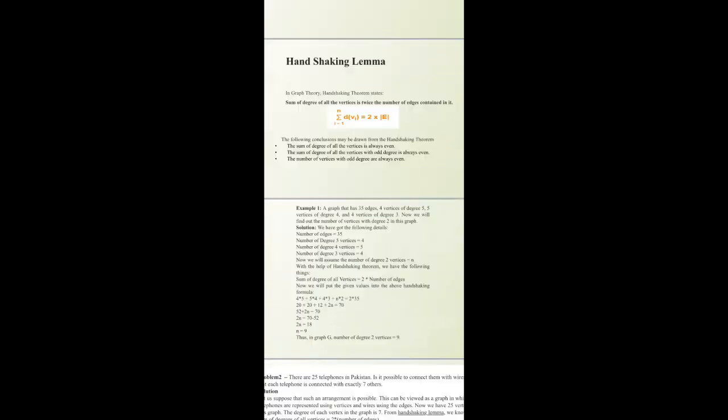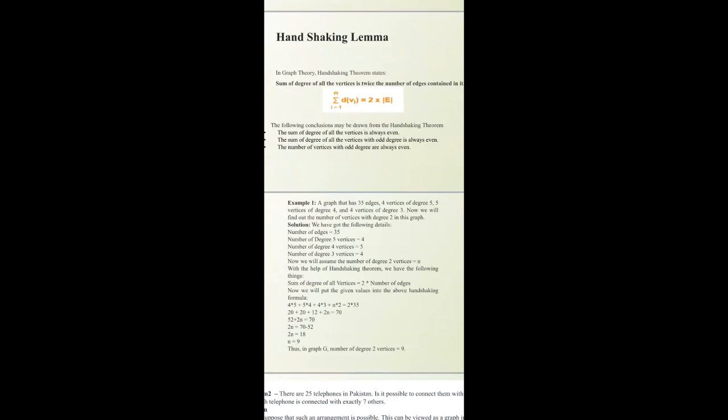A graph that has 35 edges, 4 vertices of degree 5, 5 vertices of degree 4, and 4 vertices of degree 3. Now we will find out the number of vertices with degree 2 in this graph. Suppose we have a graph with a total of 35 edges, 4 vertices with degree 5, 5 vertices with degree 4, and 4 vertices with degree 3. And we want to calculate the required thing. What is the required thing? We want